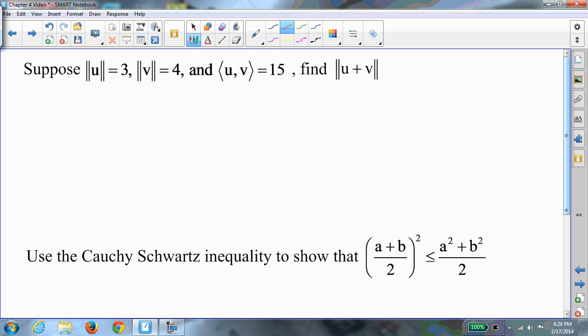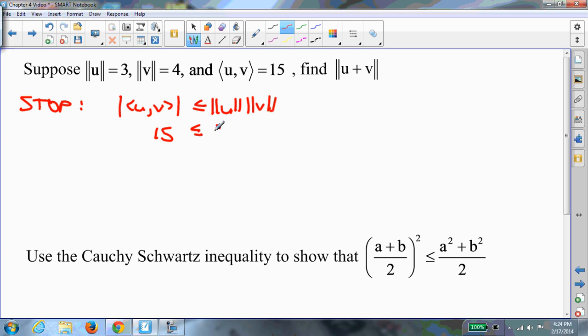However, I'm going to say stop and talk about one other property we looked at, which was the Cauchy-Schwarz inequality. The Cauchy-Schwarz inequality says the absolute value of the inner product of u and v is always less than or equal to the magnitude of u times the magnitude of v. But if I look at this here, I get 15 is less than or equal to 3 times 4. So this is impossible